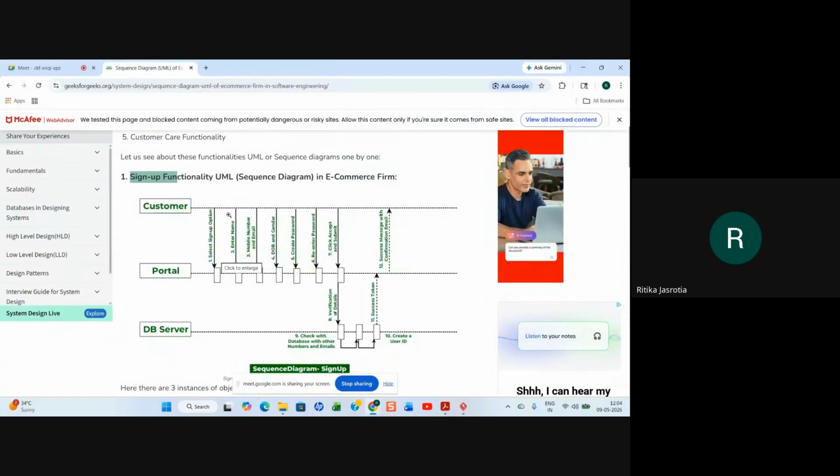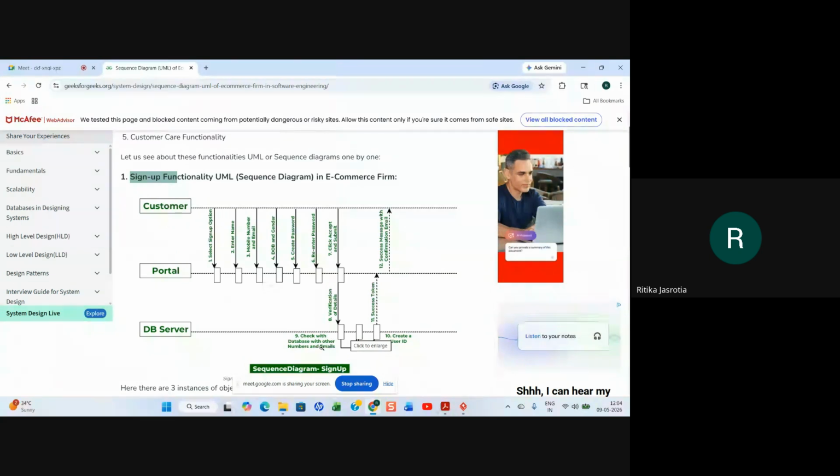Then verification is done, whether the customer name or user ID is already there. If it is already there, then a message is sent to change your username or user ID. A different username should be selected. Otherwise, if it is not there, then the details are sent to the server.